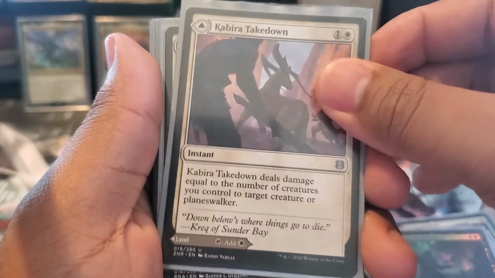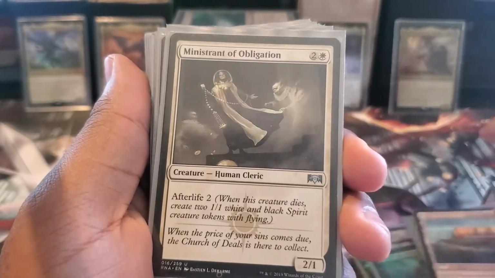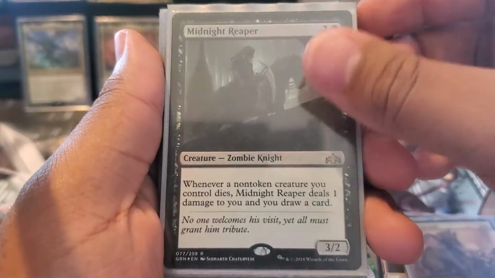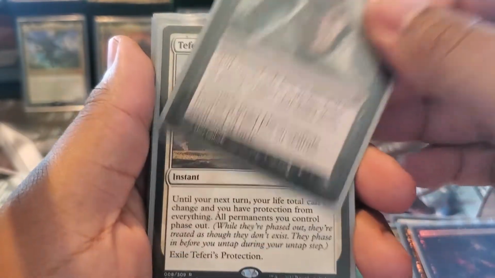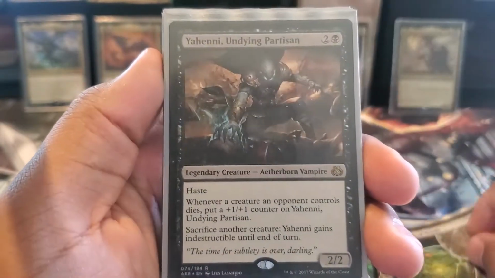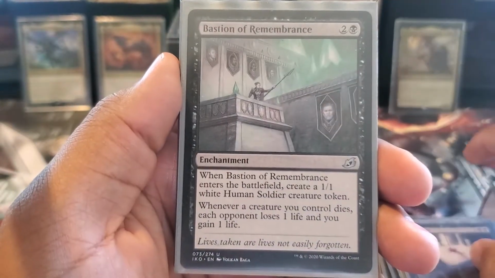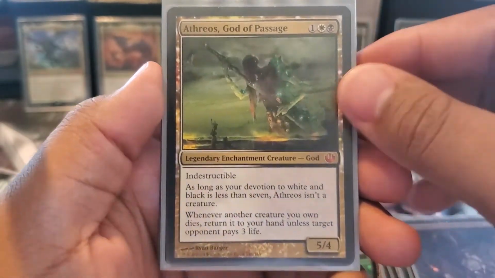Kabira Takedown with the Kabira Plateau there on the back, Minister of Obligation, Generous Gift, Midnight Reaper, Grim Haruspex, Sudden Spoiling, Teferi's Protection, Liliana's Standard Bearer, Crucible of Worlds, Yeheni Undying Partisan, Grim Tutor, Bastion of Remembrance, Victimize, Aetherios God of Passage,